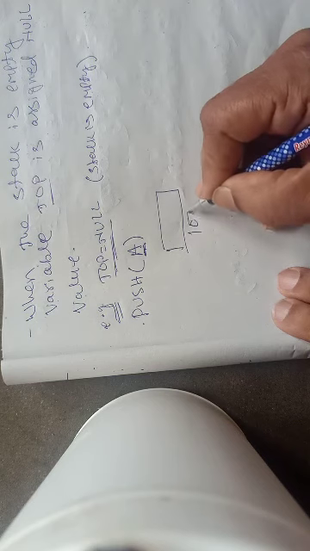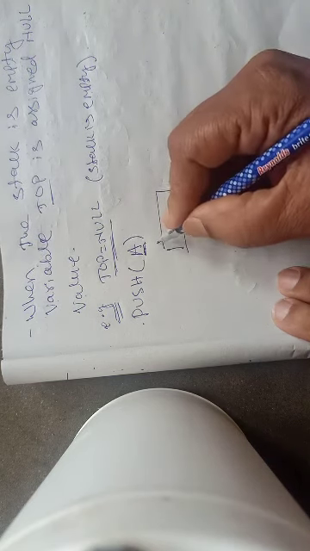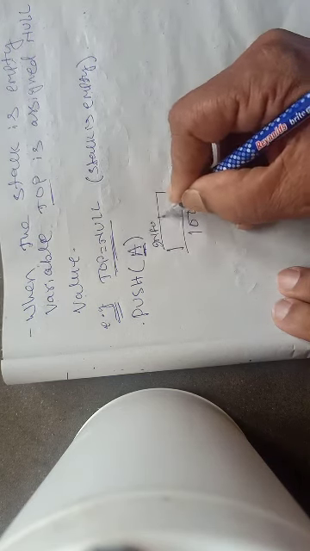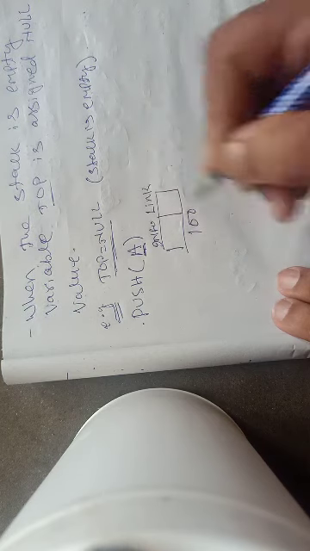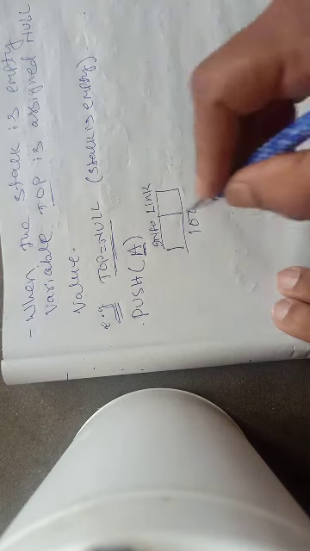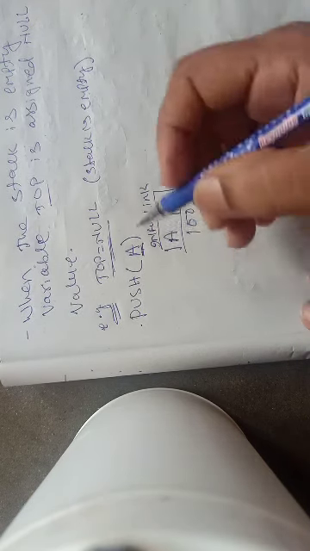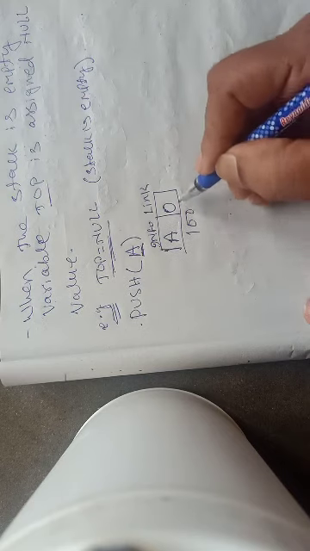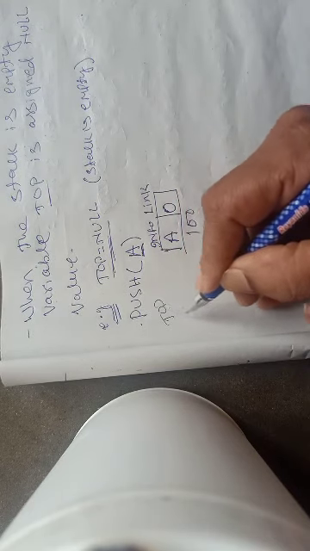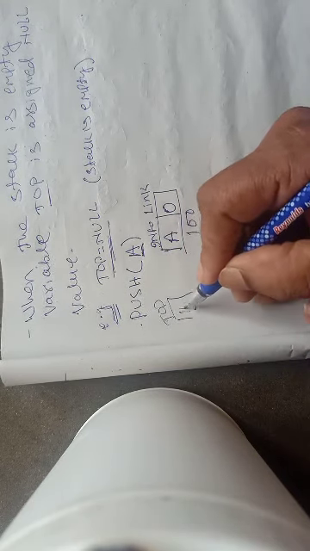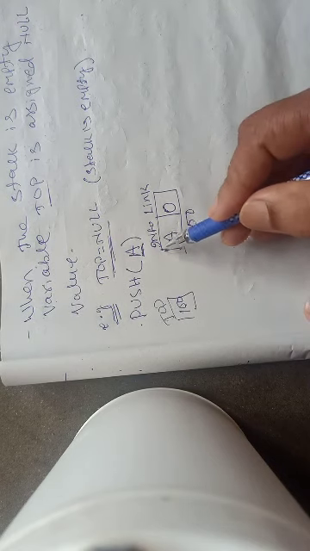Let us assume this is the address of the node, and this is the info part, and this one is the link part. Since this is the first and last node, the info part contains data A, the link part will contain 0, or you can call it null, and the address of this particular block will be assigned in a variable top. So now top points to the first node, so this is the topmost node.